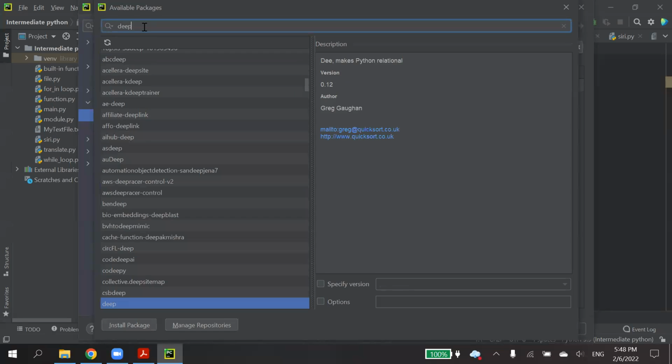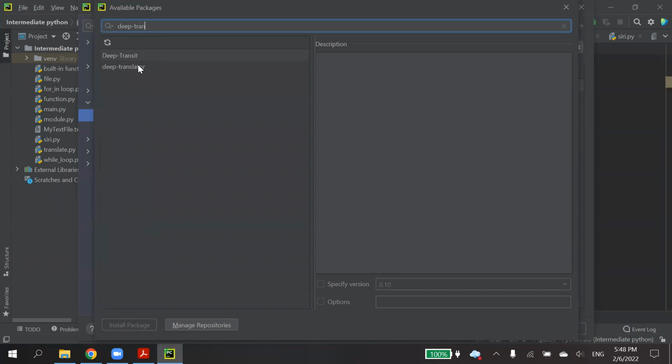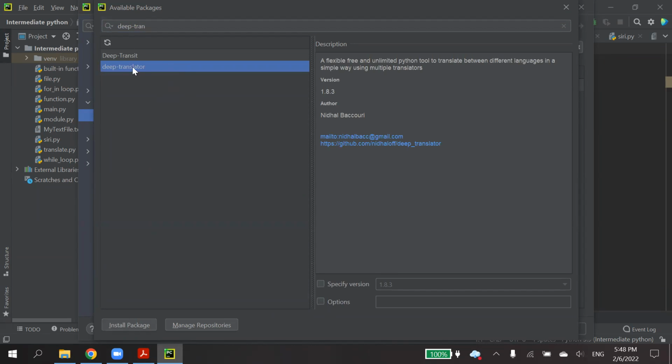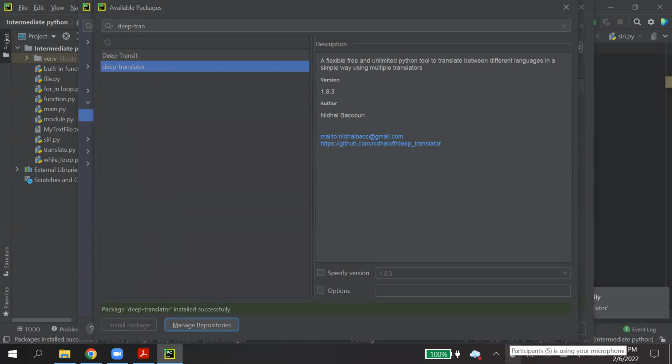So right now I want to do something about translation. So I will use IDEA Translator. Okay, just select it and then install. So this is how we can do complicated things. With just very little code, we can do complicated things because we just import something that is built by others.